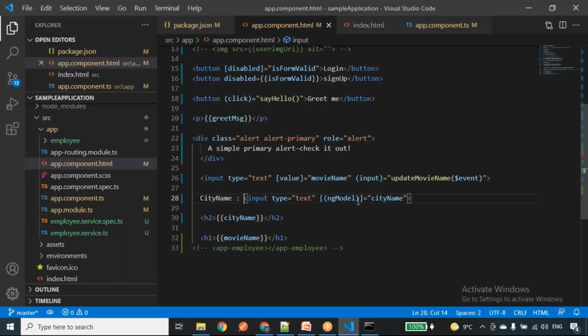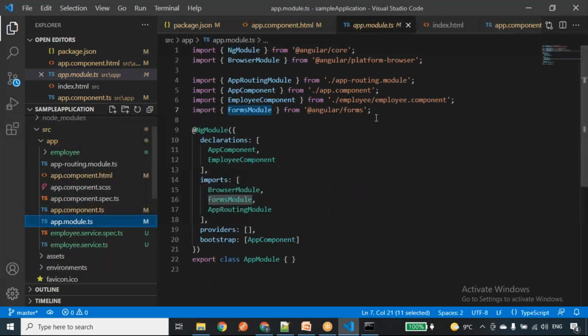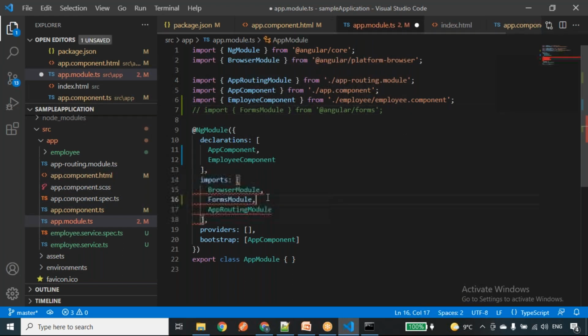Guys, I forgot to mention one thing: whenever you want to use ngModel, we should import the FormsModule. I imported this FormsModule in the previous class, while explaining declarations and imports. For example, let me comment out FormsModule and remove it from here also. We'll see what happens.